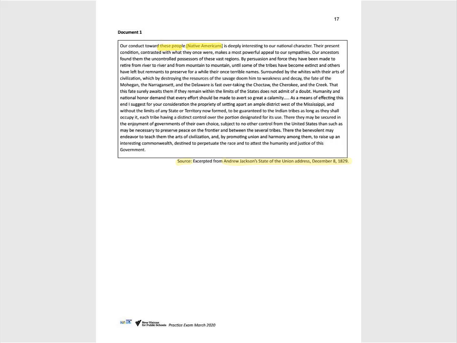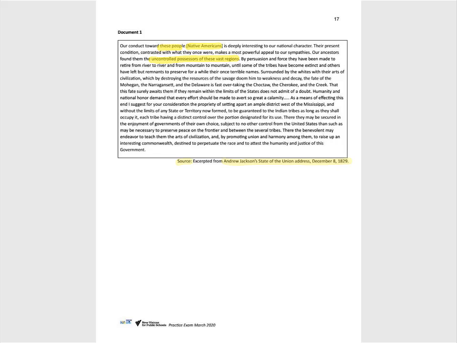That's not exactly a respectful way to address a group of people. Our conduct toward Native Americans is deeply interesting to our national character. Their present condition, contrasted with what they once were, makes a most powerful appeal to our sympathies. Our ancestors found them in the uncontrolled possessors of these vast regions. By persuasion and force, they have been made to retire from river to river and from mountain to mountain, until